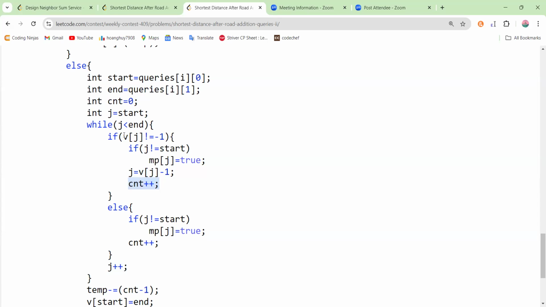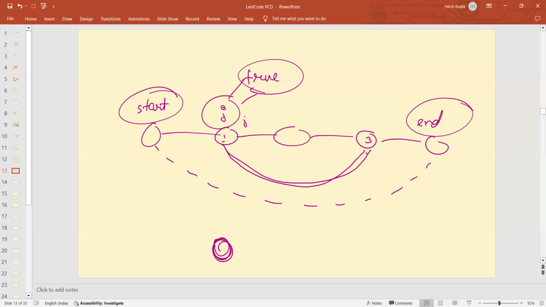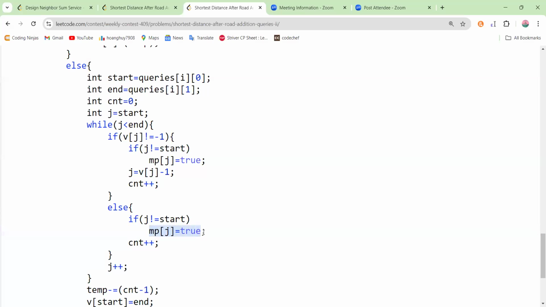And else, if this was not the case, that is v of j was equal to minus 1, that is from this particular node, I don't have any jump node, I will simply move to the adjacent node. So what I will do, I will simply mark j as true if j is not equals to start and simply increment my count. Now at the end, I know that from start to end, I need to traverse count number of edges,